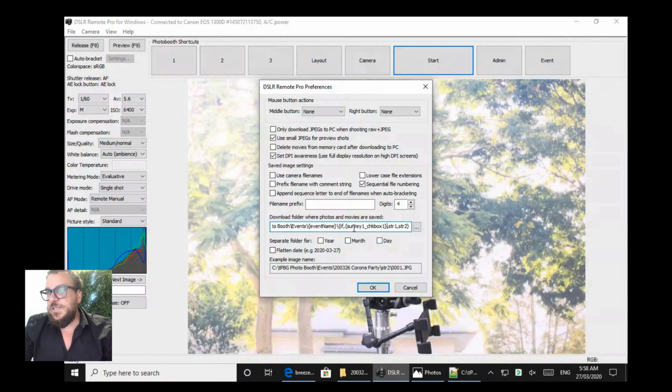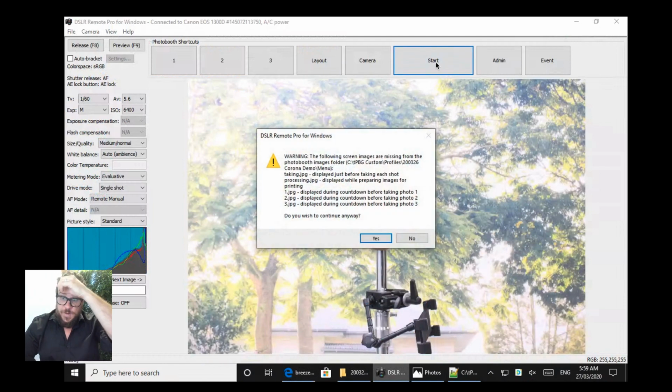So now we basically have a token within a token, saying if survey 1 checkbox 1, that's what we're looking at. If it returns 1, meaning that we've opted in, then we want to output the word opt-in. If it returns 0, which means they have opted out, we want to put the word opt-out. Okay, so we can see down here that rather than using 0 and 1, it's now using the word opt-out. So if we run a session,